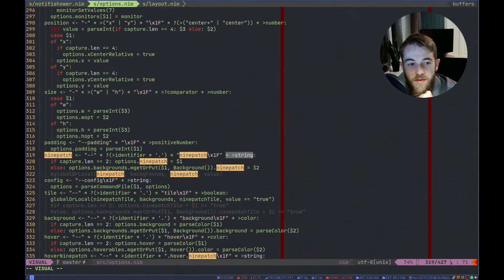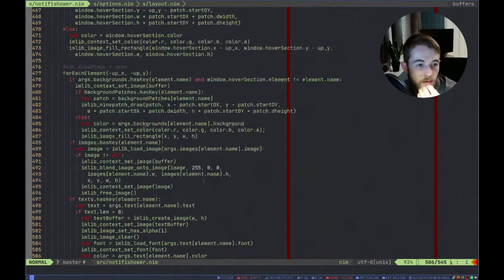Otherwise, it's 3 because we always have 1 capture, and that's the whole thing. So yeah, we're capturing the string, and we're setting that as the options 9 patch. That is just like the background 9 patch. Otherwise, we're adding it to this backgrounds table with the identifier.